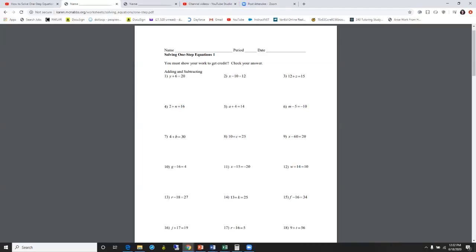Let's look at number 3. I'm not going to call any names. I'm just going to get volunteers for somebody to do number 3 for me before we go on in the worksheet. Okay, go ahead. Okay, you have,